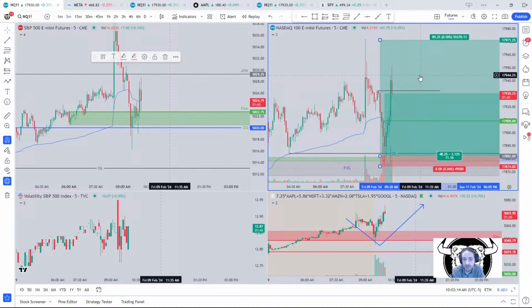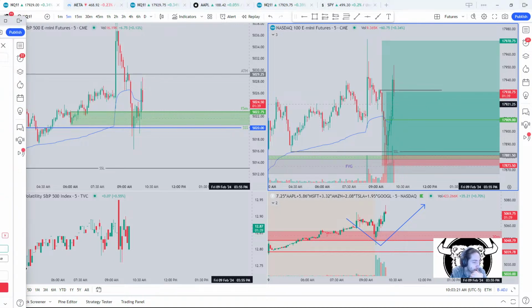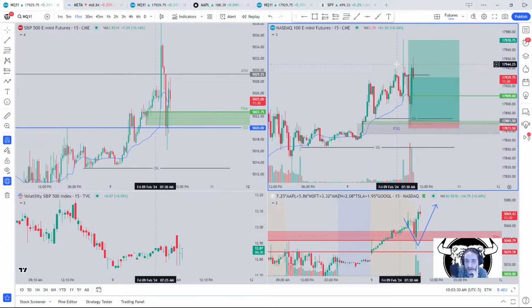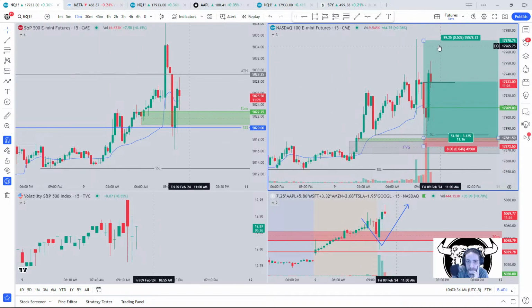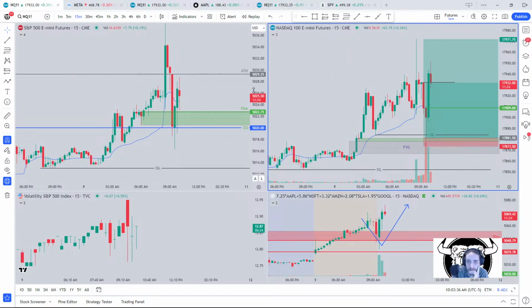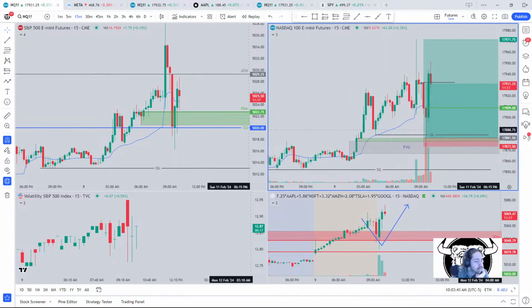Oh wait. Like 48 points. From our entry, at least 48 points. Holy cow. That's mad. Minute 35 left in the 5 minute. This trade was taken based off the 15. I do not plan on stopping out until my take profit. Which means we could pull back. That's okay. That is a-okay.